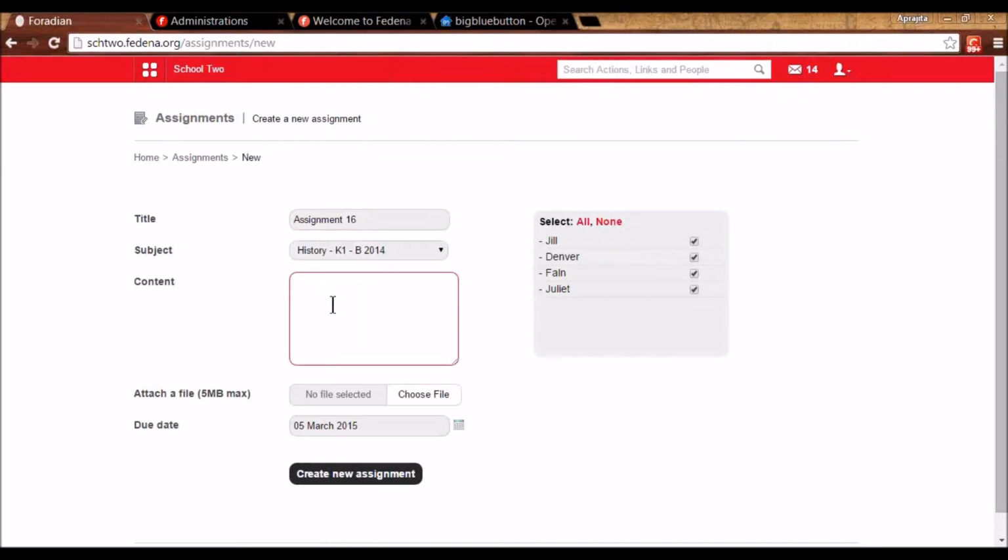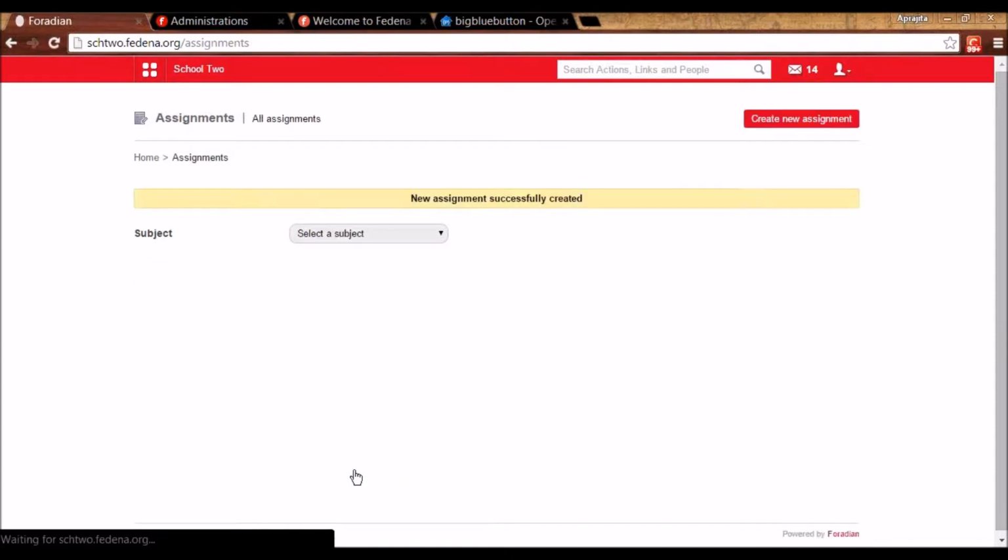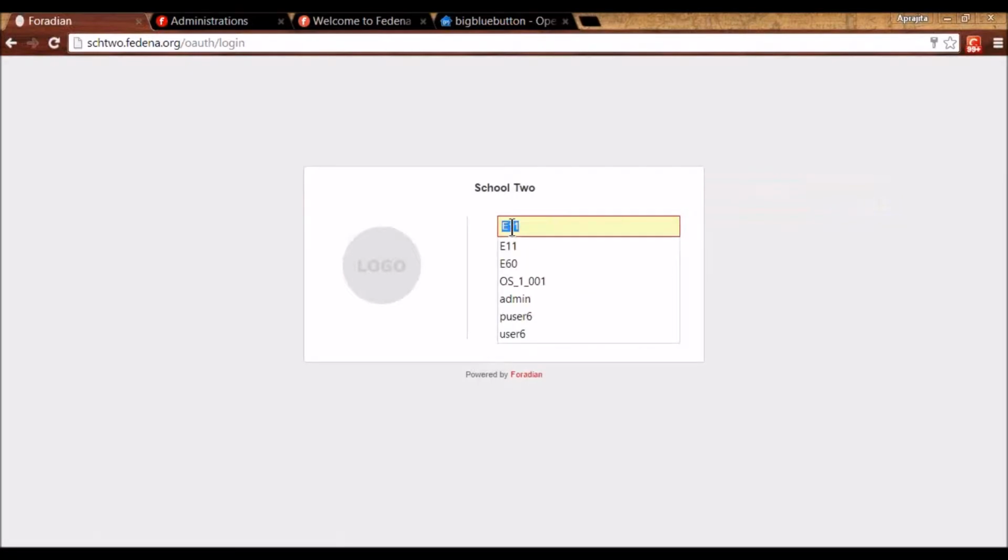And I can give the content of the assignment as well here, like this. If the content is longer, I can also choose a file here. I can attach a file, and the due date of the assignment can be mentioned, which will be appearing for all these participants of the assignment. So once I create it and I log in as one of the users,